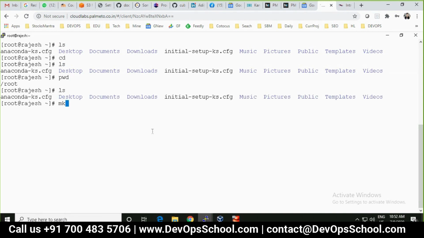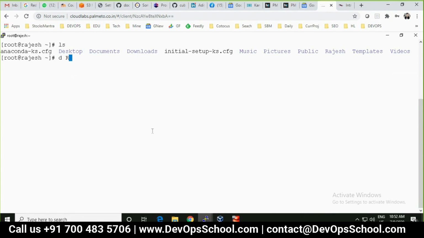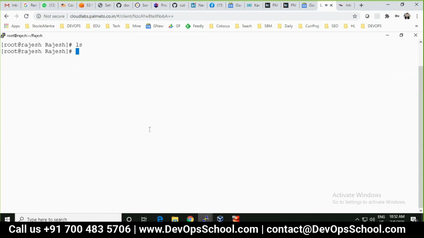I'll create my own directory here, because I want a clean environment. So guys, this is my directory, and there's no file. So can I create one pod.yaml? vi pod.yaml.